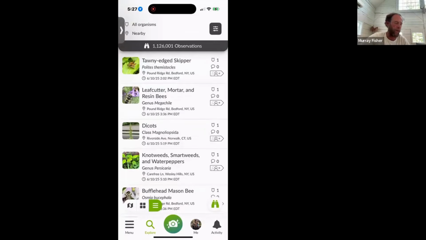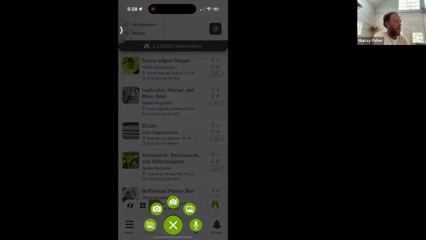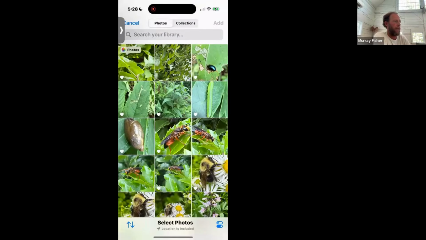Okay, so this is important. I'll do a better job of showing how you group photographs for one observation. This is on the new app. You hold the green button in, the one at the bottom with the observation button. You hold that in and you click on the photograph option on the right. They created this exclusively so that you could upload a lot of pictures